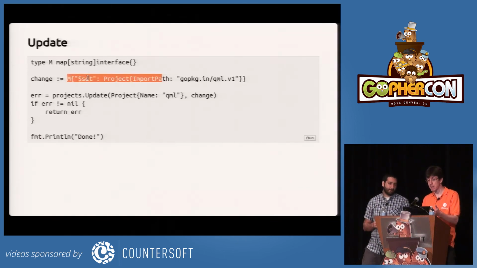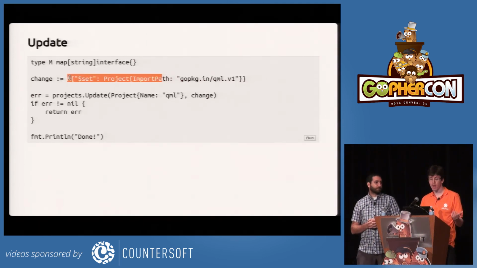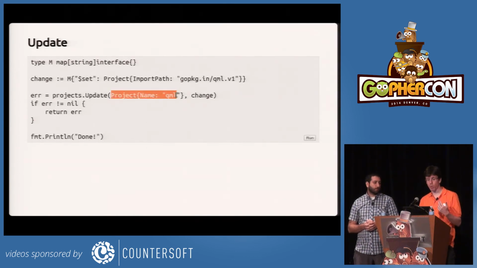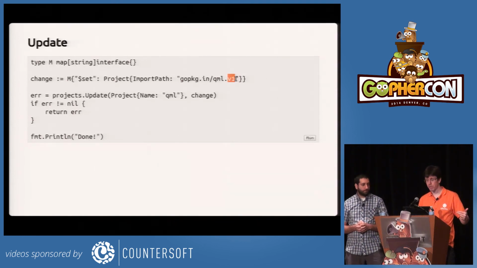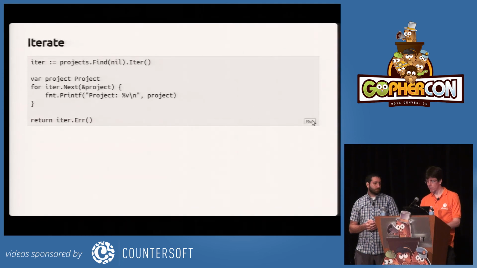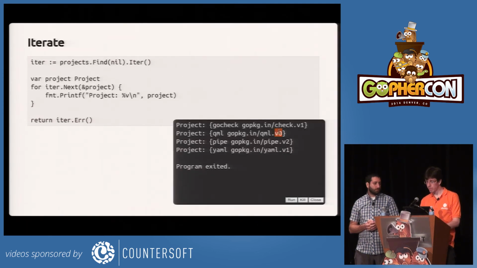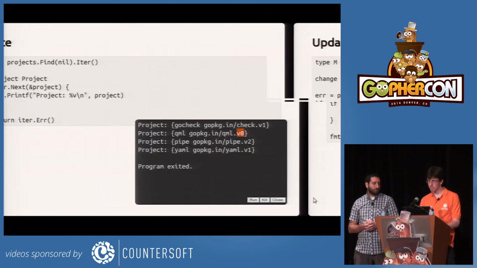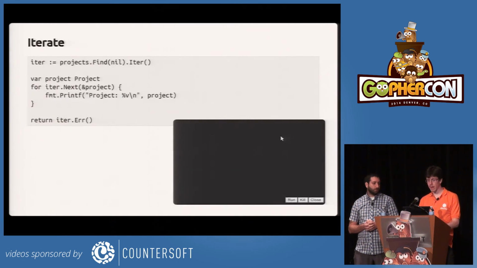Right, and it's an example as well of what I was just describing. Here I'm mixing a map with a structure, and that's all fine. I provide both what I want to update and how I want to update it. In that case, I'm updating it to v1, for example. I had v0 in my previous slide. If we go back and run it, we have v0 here. If I run that, it updates it. And then we run it again.